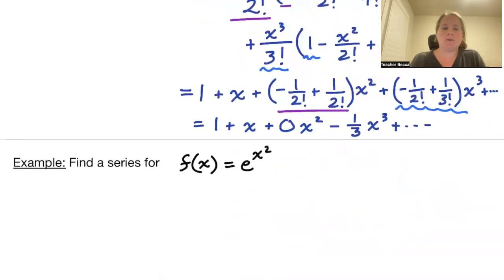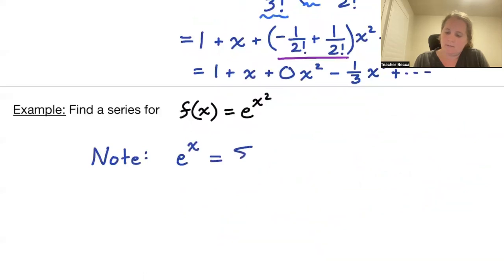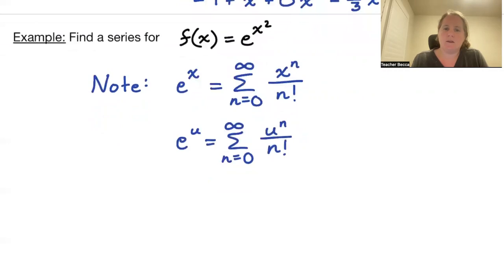So let's do another example. Let's find a series for f of x equals e to the x squared. So again, note that e to the x is just the sum from n equals 0 to infinity of x to the n over n factorial. So similarly, e to the u should be the sum from n equals 0 to infinity of u to the n over n factorial. So if we set u equals x squared,